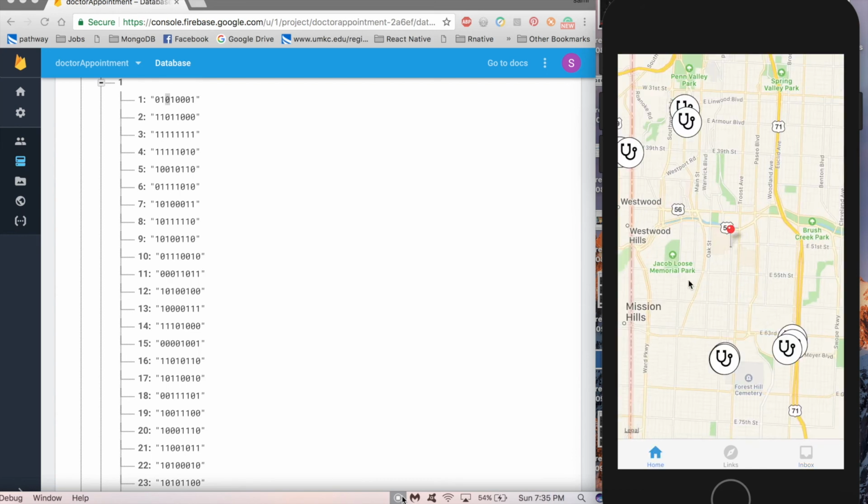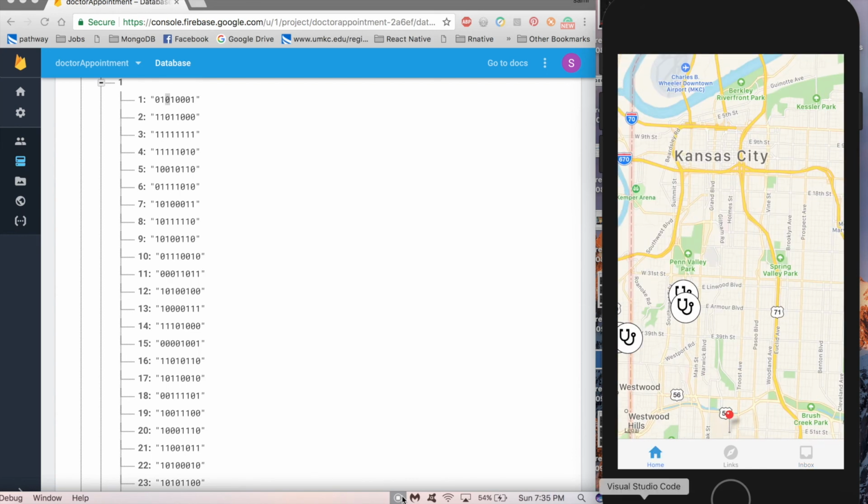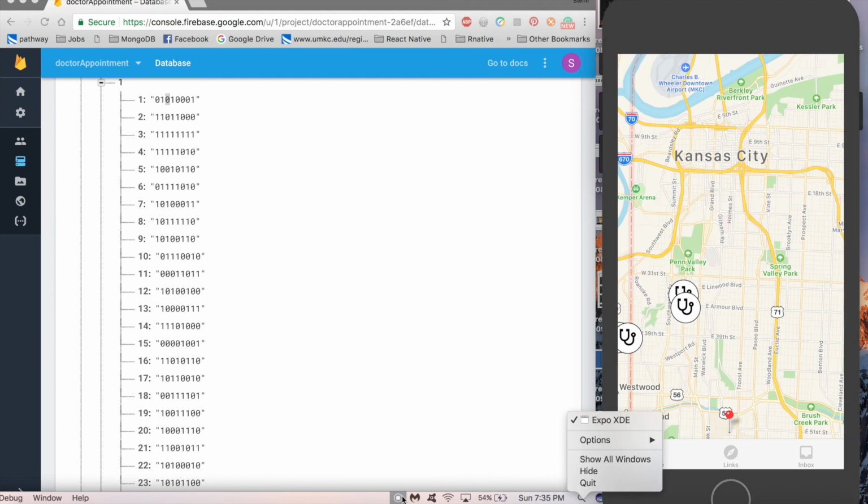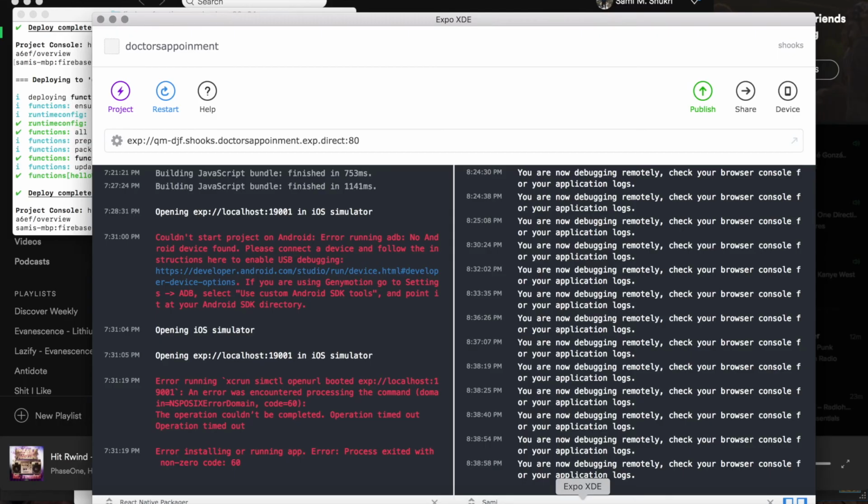I want to spend the rest of this time to talk to you about what we use to run the app. We are using a feature called Expo. Expo is an open source project that allows you to run the apps, and they actually have a mobile app that you can install and run our app. The way it works is I click publish, and